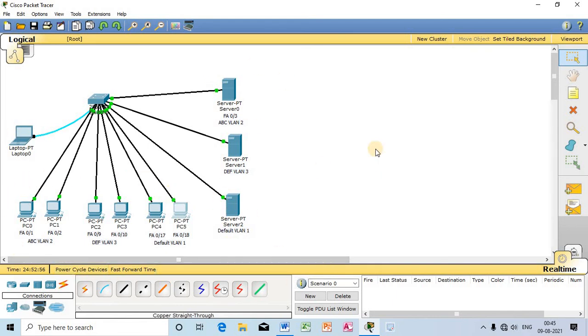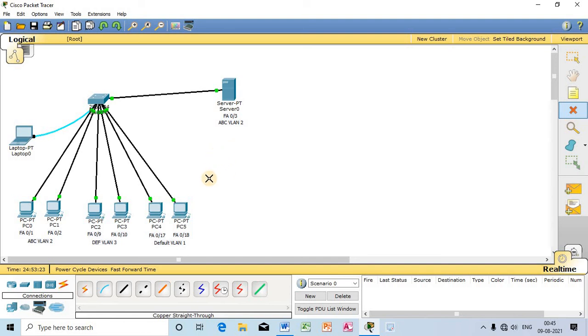computers using this DHCP server. But one thing is that the process is quite expensive, because you have to purchase a separate DHCP server for each separate VLAN, or you can also work with a single DHCP server, as I have already shown you earlier.